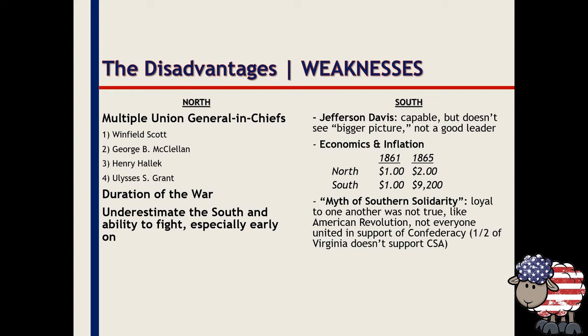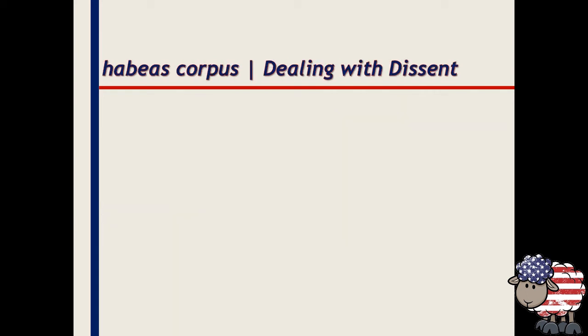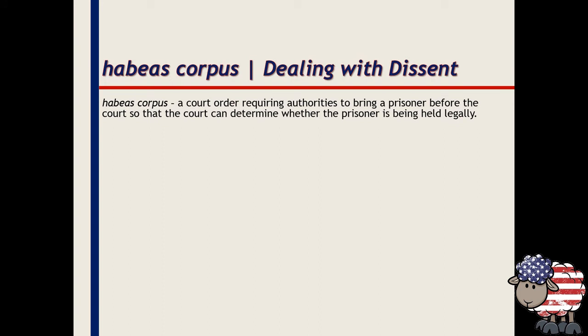Now, dealing with dissent during the war, the court order of habeas corpus, requiring authorities to bring a prisoner before the court. So that is suspended during the Civil War. So essentially, you can be held without being charged with a crime during the war. So 13,000 Confederate sympathizers are arrested without trial,